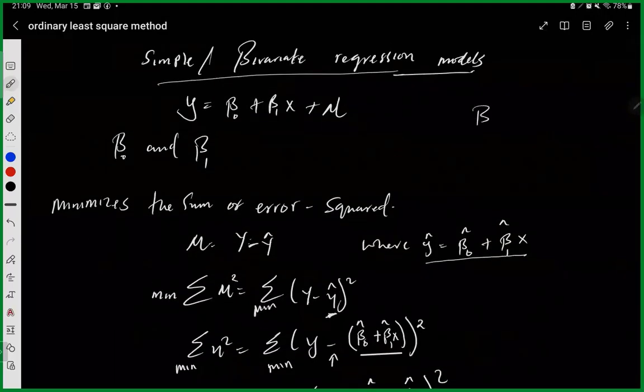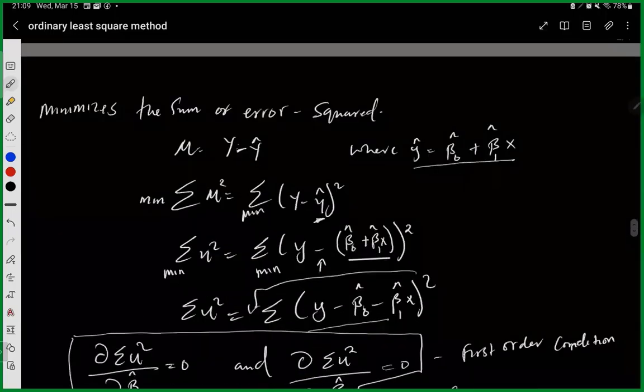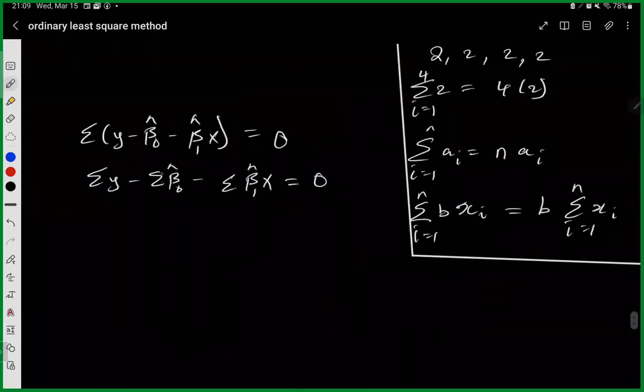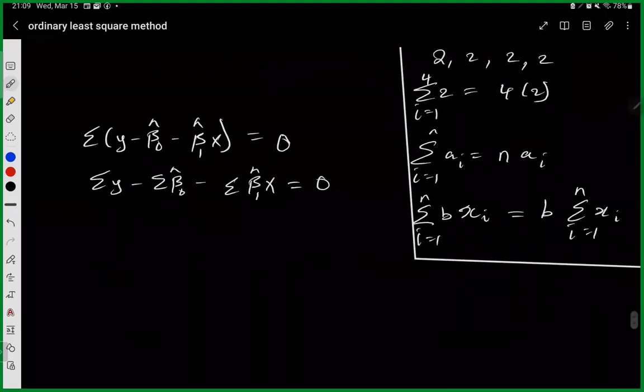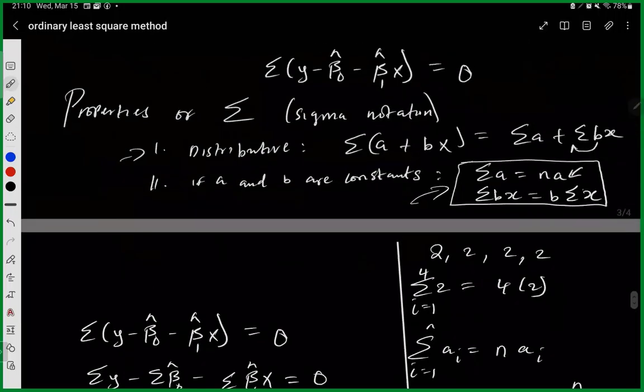So we called it the constant yesterday, not so? Okay. So if that is the case, one thing that you can see here is that this here is a constant, and we'll apply this rule here. Summation of a constant is equal to the number of times that constant appears times itself, not so? Okay, so I say in summation y is minus n beta not hat, okay, minus, and from our other